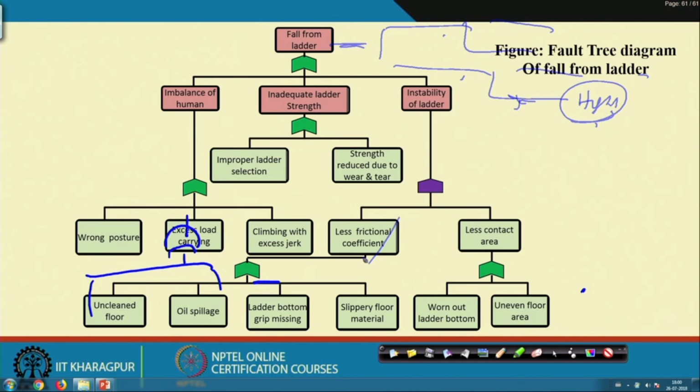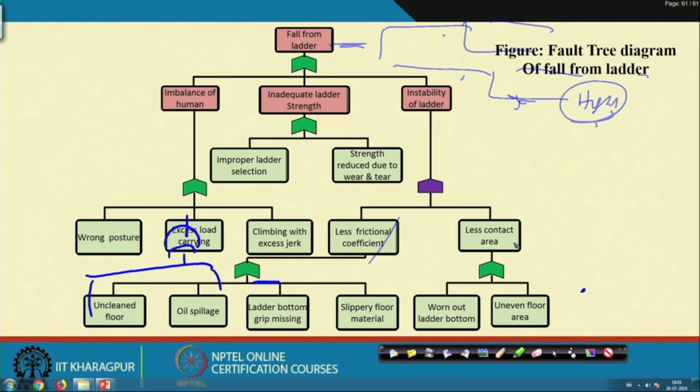Okay. But it is better you find a middle path, like maybe fall from ladder is the event which immediately comes into notice. Then for that you develop the fault tree to find out why that event will occur, and if that event occurs, what will happen next, you use the event tree. Then fault tree and event tree combined will give you the total status of what will happen.